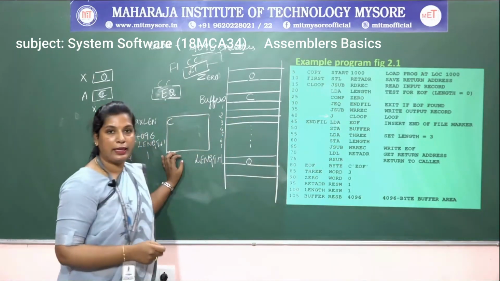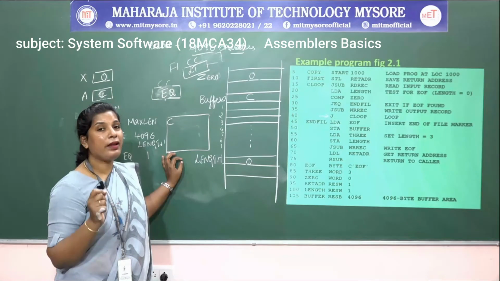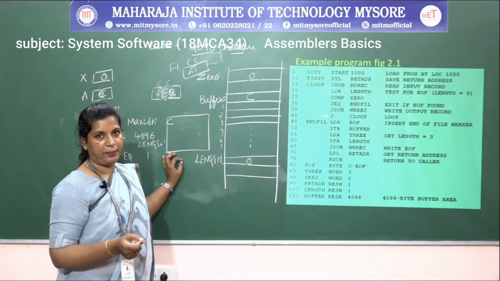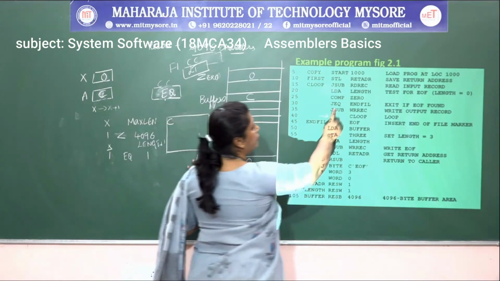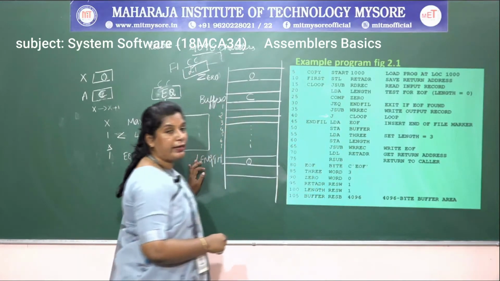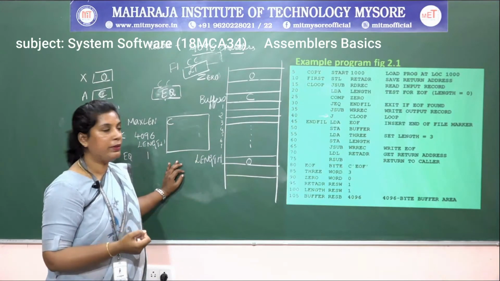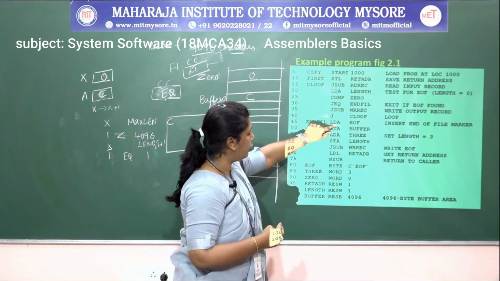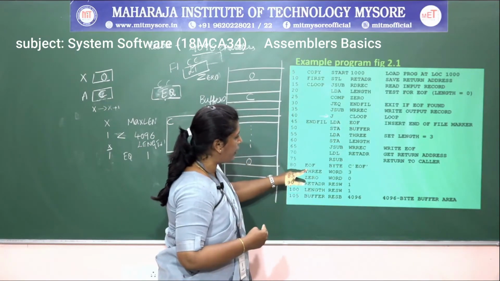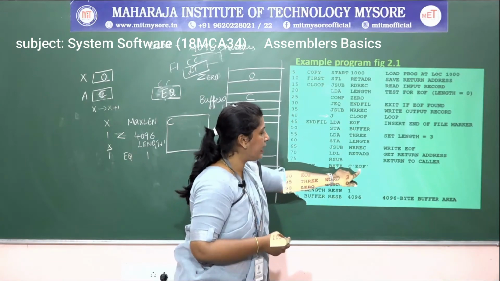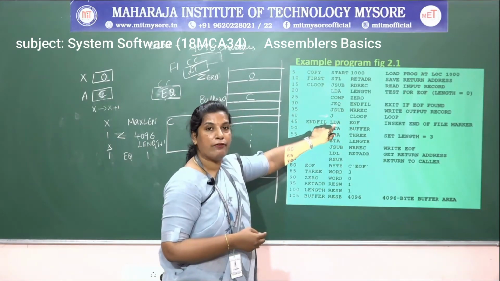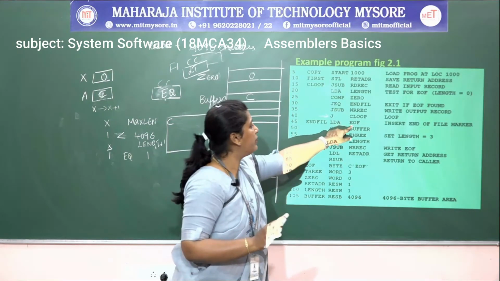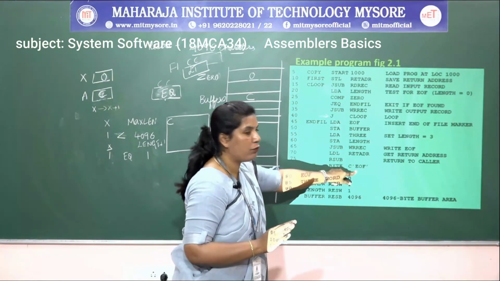If both are equal to 0, what does it mean? There are no more records to be displayed, isn't it? So if both are equal to 0, it goes to the end of file label. There we load the accumulator with EOF. EOF is a word of 3 characters, and the accumulator is capable of holding 24 bits of information. 3 bytes is 24 bits, so the accumulator holds the value EOF.